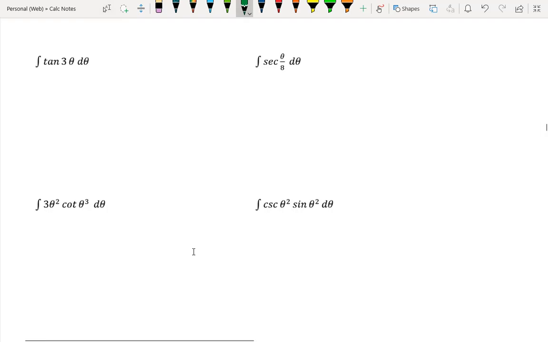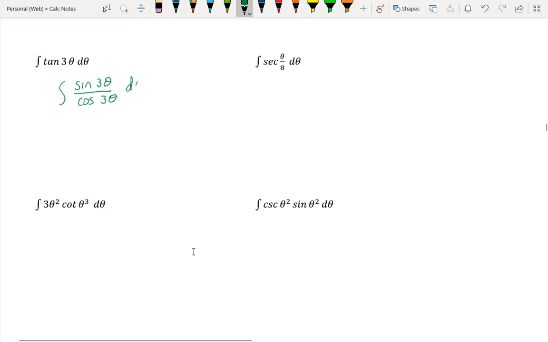I'm going to take the integral of tangent of 3 theta. Now, again, I need to be able to look at this and determine when am I looking at something that's a little more complicated versus something that's not quite so complicated. So I know that the integral of tangent was not shown up there, but it was similar to what we saw in the warm-up here. So if I can't figure this out, then I'm going to change this to sine of 3 theta divided by cosine of 3 theta,